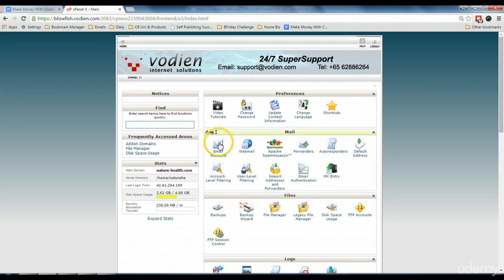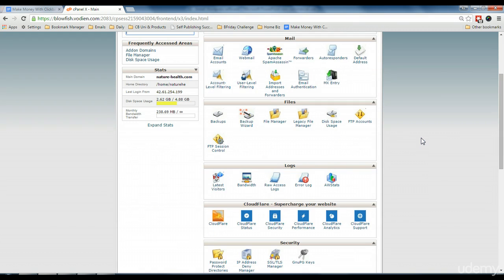And this is the cPanel that you will see if you register with Voidian. I just want to share with you that if you register with another hosting company, there's a high chance that you will be seeing a cPanel which is more or less like what I'm showing you on my screen. So now, how to install WordPress? You need to scroll down